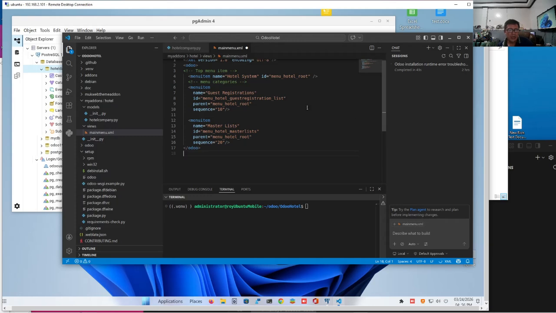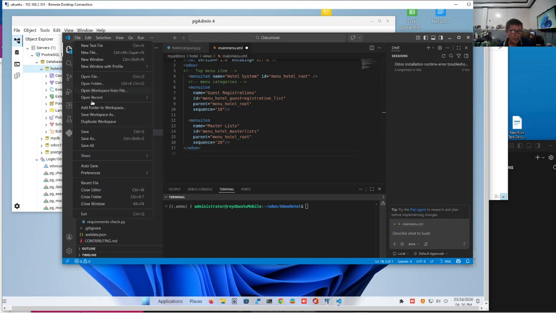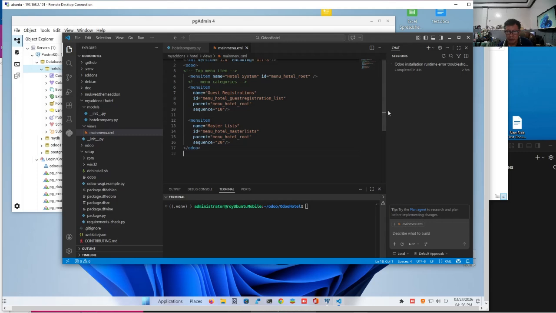Okay. So every application should have a main menu, like apps, purchases. They will have a main menu that is displayed on the left, and the submenus which will be displayed at the header. Okay, so in this case, we are trying to make a hotel menu. So this is how to declare a menu item. We give it a name which will be its label, and we will give it a unique ID. We call it hotel menu root because this is our main menu, the root menu. Okay, we'll have two sub menus, guest registration, and we attach menus like this.